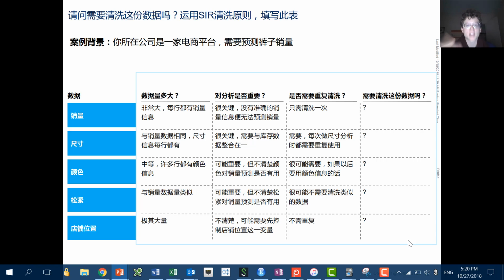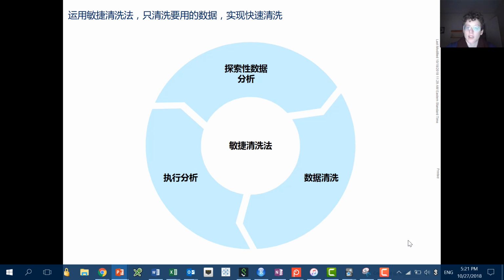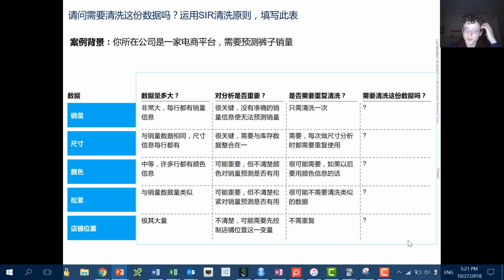And that's actually often how projects work: you are simultaneously cleaning the data, making new predictions, and then saying, this is good, but let's make it even better. I want to add in this new data source. And that means you're going to go back and use another data source, which means, like we discussed in this circular process, you'll start cleaning data again. So I'd say sales is most important.